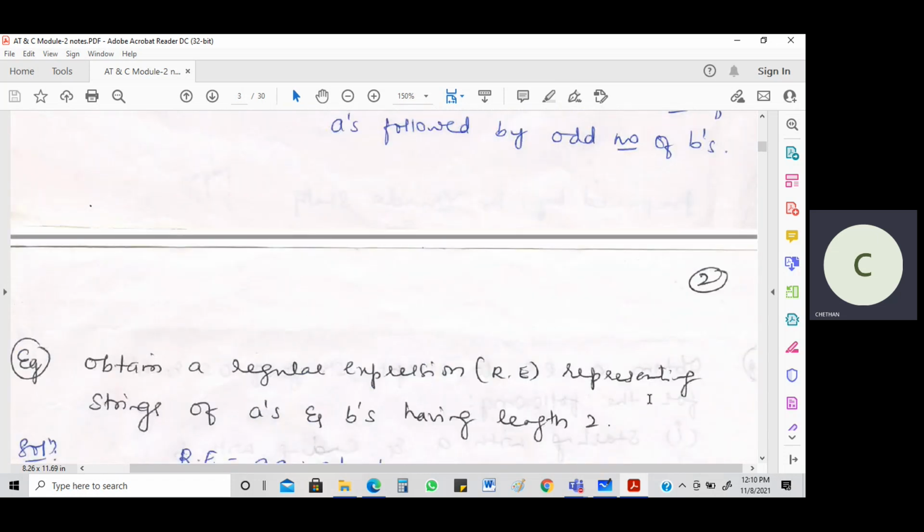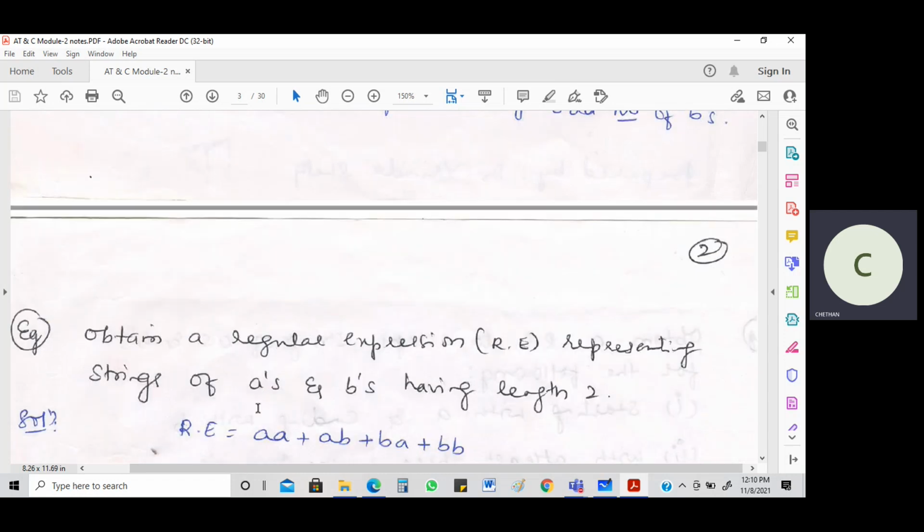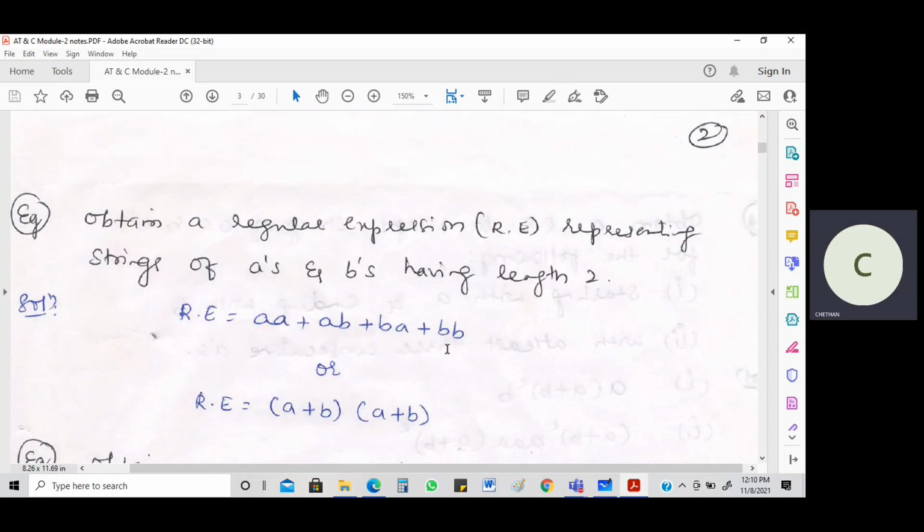Obtain a regular expression representing strings of a's and b's having length 2. They are saying length 2. What is the meaning of that? It will be having aa, ab, ba, bb. If they are saying only length 2, obviously the answer should be aa, ab, ba, bb. So what is the way of writing it? The way of writing is very simple. The regular expression is equal to a plus b